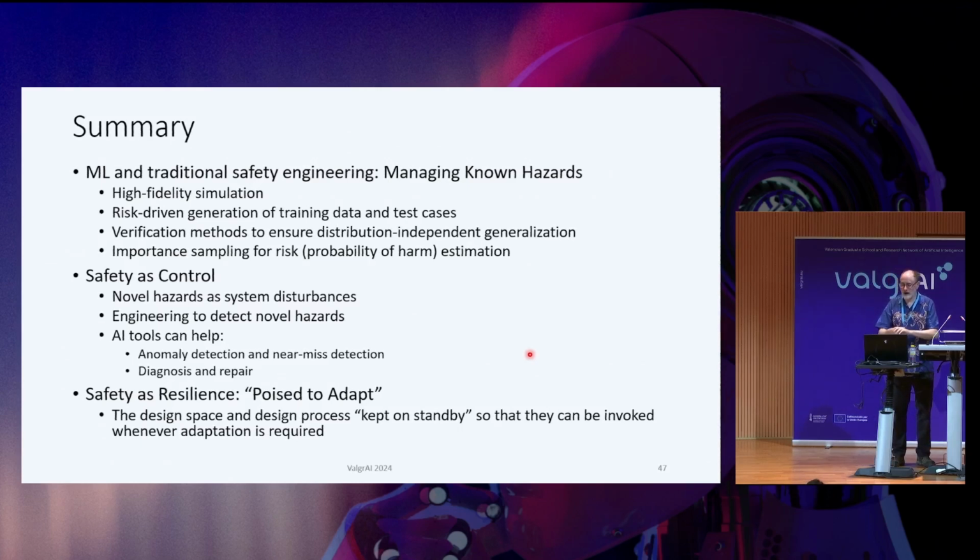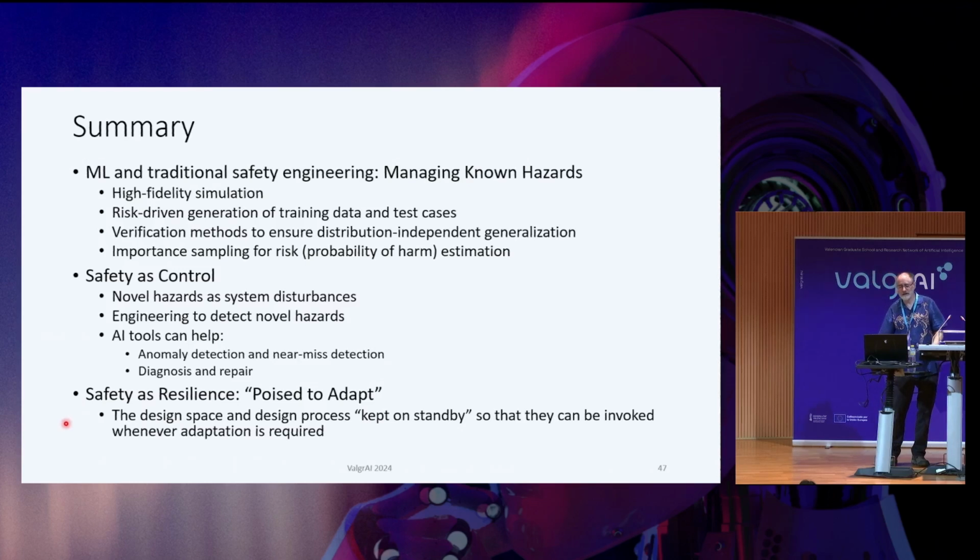And then I also mentioned this importance sampling approach to estimating the probability of harm. So I think really it's this one that is the big one that we don't know how to do at all yet. For the others, we already have good examples to draw on. And then I talked about Leveson's view of safety as control, that you don't build a system and then deploy it and know it's going to be safe. You have to be constantly controlling it to defend it against the disturbances that come from both the operating environment in the world and the institutional environment that you're operating under.